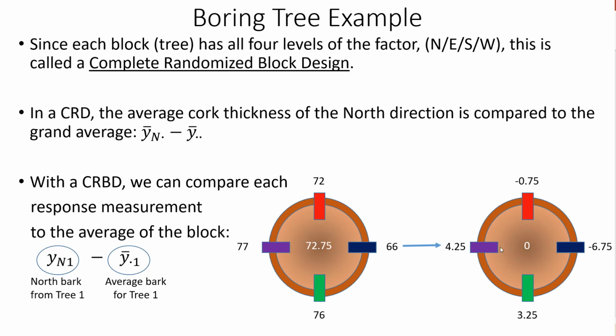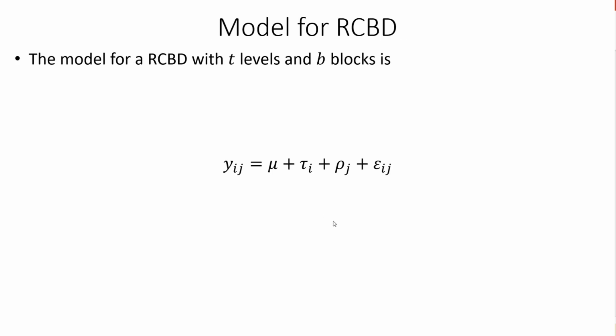For all 28 trees, we calculate their averages, subtract the measurements of each tree from its average, and then this y bar n will end up being the average of all of these after we remove the effect of the tree. That way the tree no longer impacts the result of the bark thickness for each one of these measurements. The model that we're going to build for our randomized complete block design, we're going to have